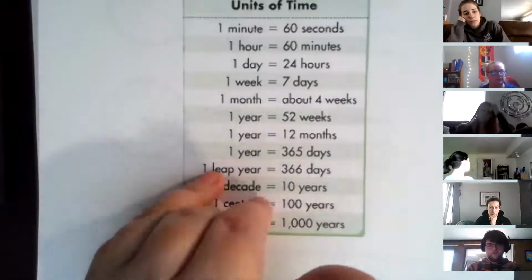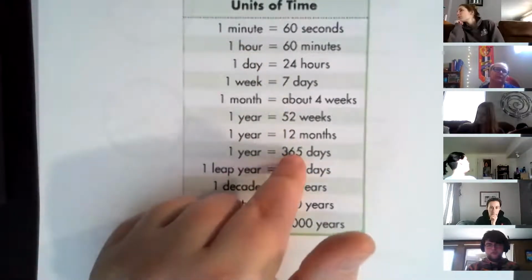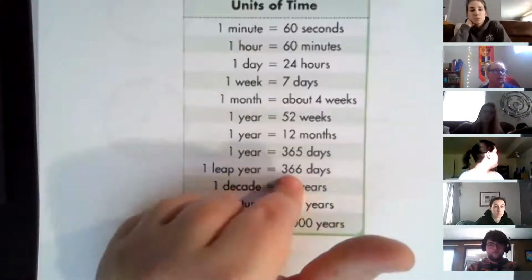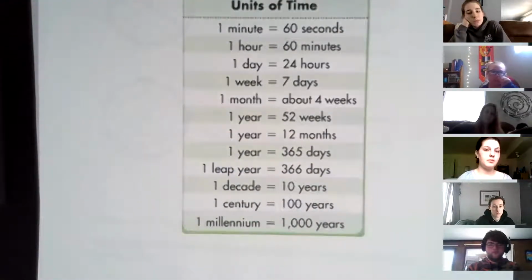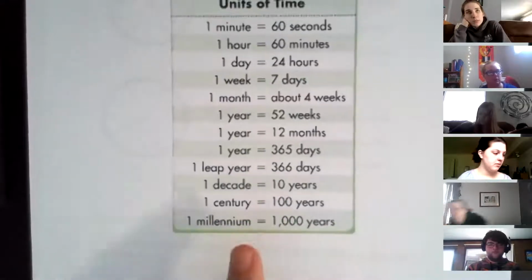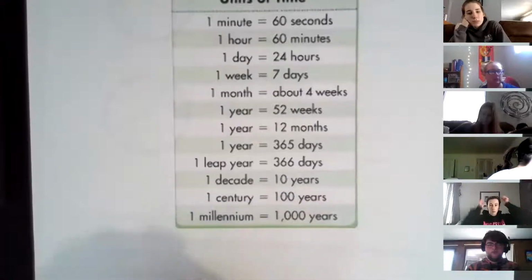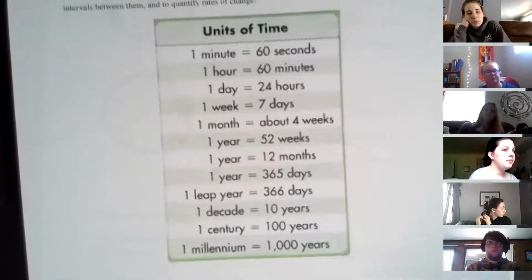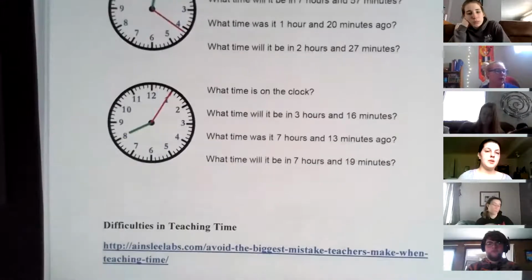So these are units of time, and technically 1 year is 365 days and a quarter of a day. So every 4 years, those 4 quarters add up to 1, to where we get 366 days. And then these are other common terms: the century, centi, meaning 100, so that's 100 years. Milli, 1,000, so 1,000 years. So, yeah. So when we're looking at time,